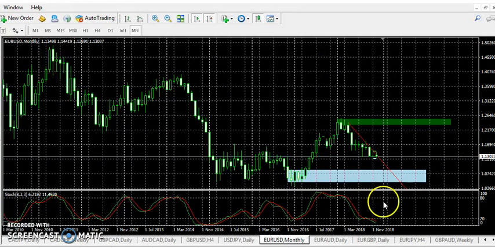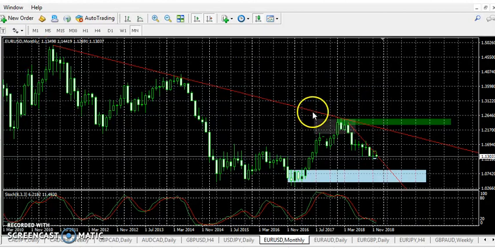As we can see, the monthly is in a clear downtrend, and we can apply a trend line to see exactly where the highs are, which is right here, which complies to our levels that we have here and here, where the trend line was indeed respected,